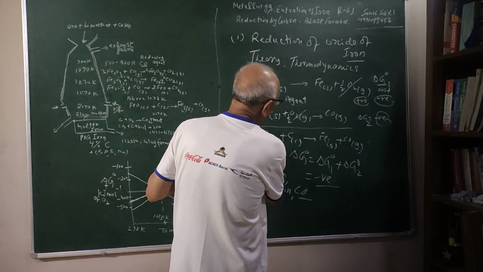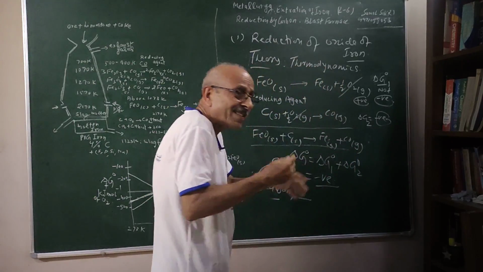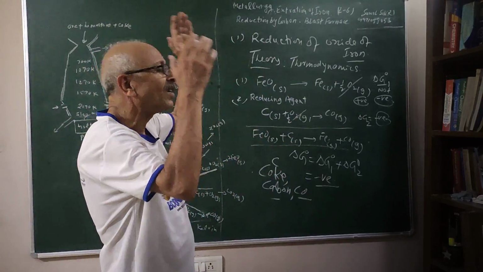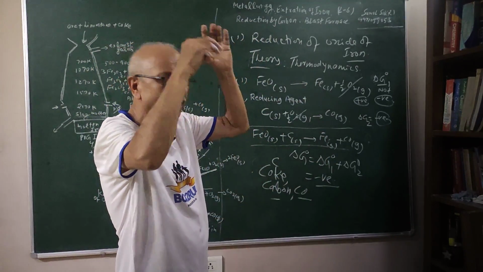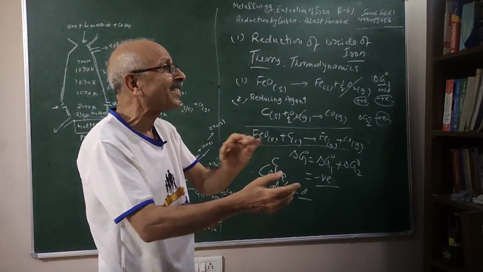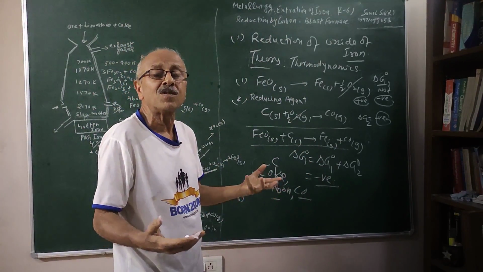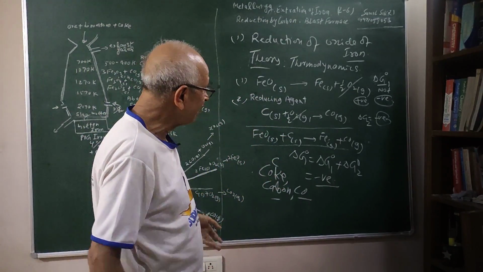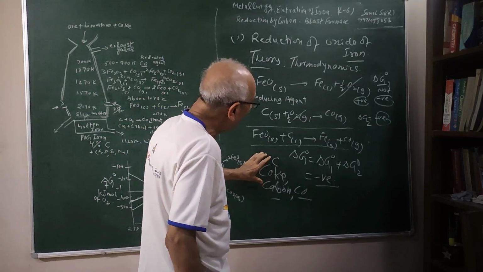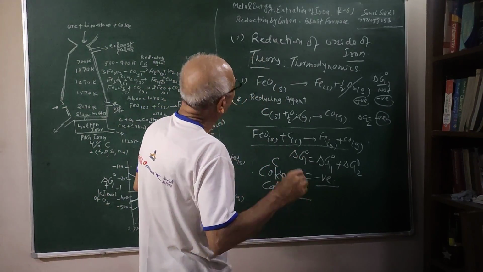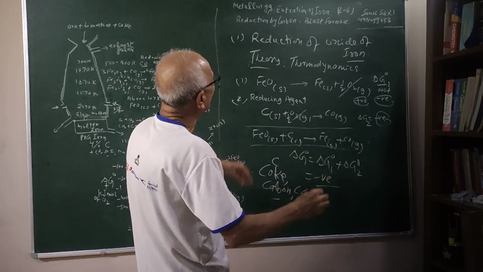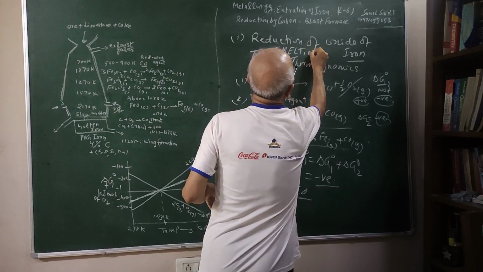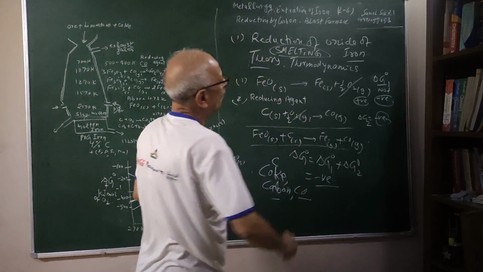So we will tell you how this reaction takes place and what are the various reactions which are going to take place in the various parts of the blast furnace, because carbon can act as a reducing agent, carbon monoxide can act as a reducing agent, and we will like to see at which part of the blast furnace what type of reactions are taking place. So coke is used as a reducing agent, and reduction by coke or carbon is known as smelting. So basically we are doing smelting for the reduction.